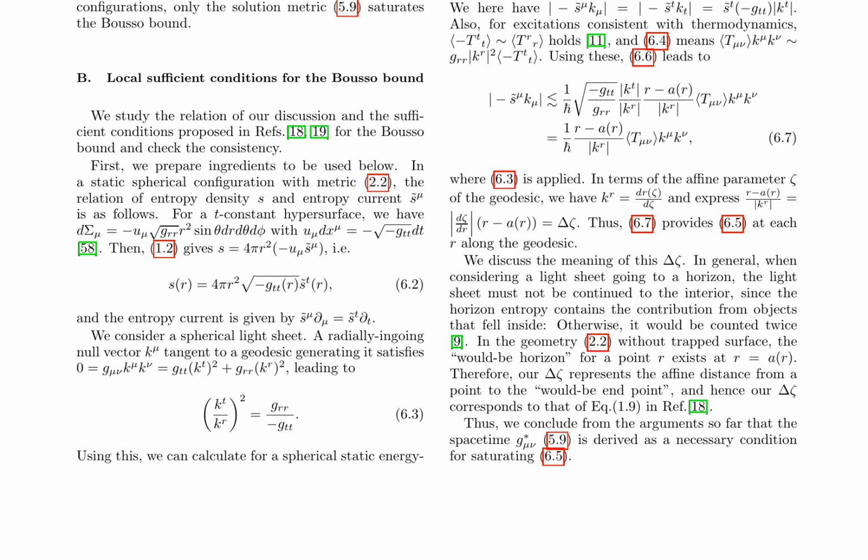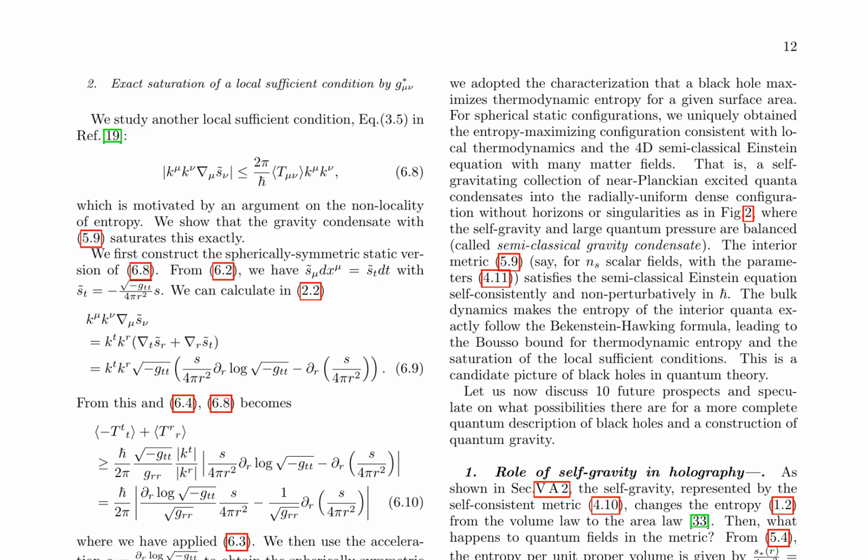applicability in various domains. The authors investigate a local sufficient condition for the Bousso bound, motivated by an argument on the non-locality of entropy. They demonstrate that the gravity condensate, characterized by the interior metric, 5.9, exactly saturates this condition. This involves the combination of -TTT plus TRR, which is independent of TTHth, and is consistent with their previous evaluation